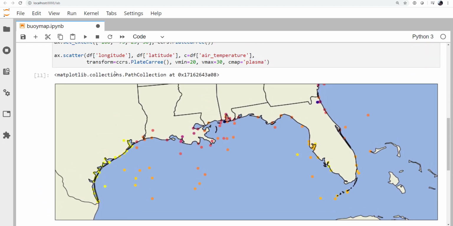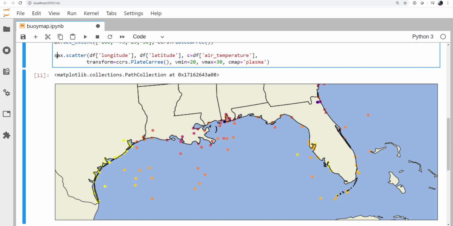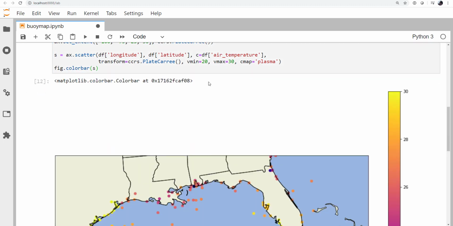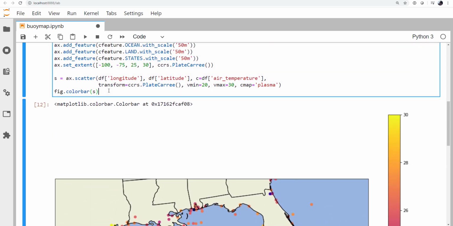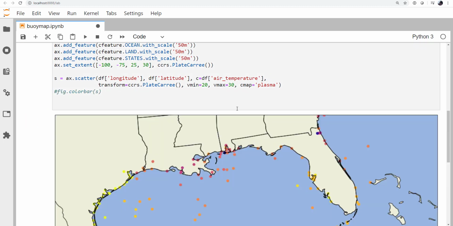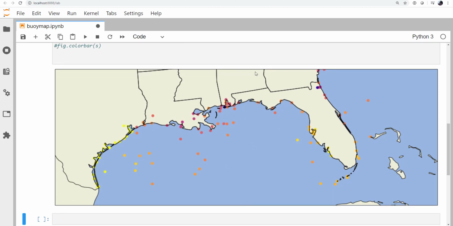We could put a color bar on if we want. I'm going to save a handle to this and call it s for our scatter points. And then I can use fig.colorbar and pass that handle to get a color bar as well. Okay, now what about putting the winds on it? I'm actually going to take the color bar off because I'm more interested in relative temperatures and I like the